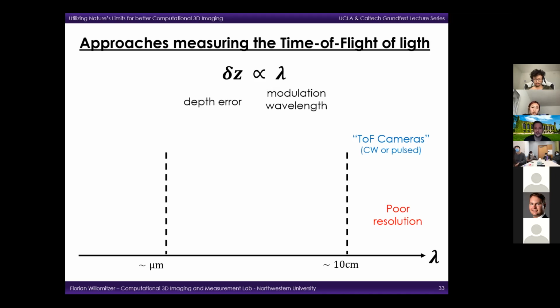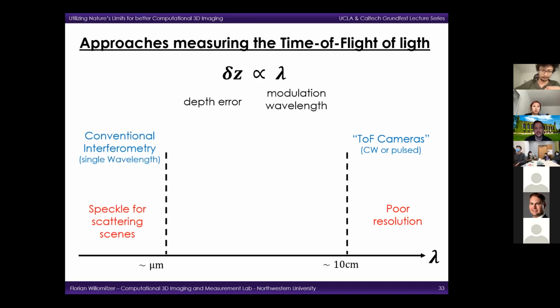On the other end of the spectrum, there is another time of flight principle, which is actually well known in optical metrology, and this is interferometry. Interferometry is not using a modulated light source at all. Interferometry is using the oscillations of the physical wave light field itself. So it works with very small optical wavelengths, up to several microns, and it's very precise, up to nanometers resolution. But there's always a but, right?